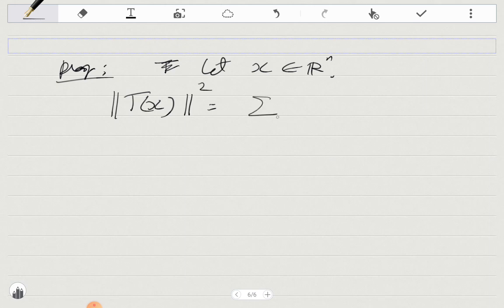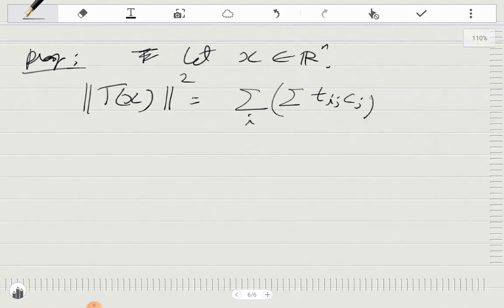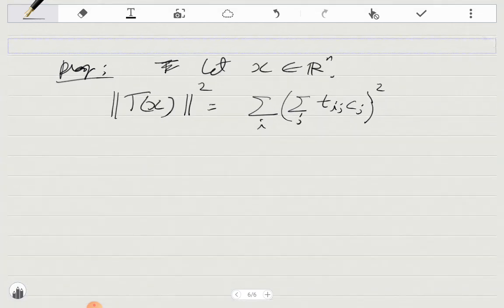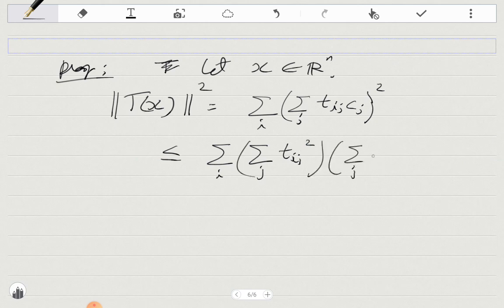So this is the sum over i of the square of the sum over j of Tij cj, which will be less than or equal to, now I use something which I have already done, the Cauchy-Schwarz inequality, the sum over j of Tij squared times the sum over j of cj squared,